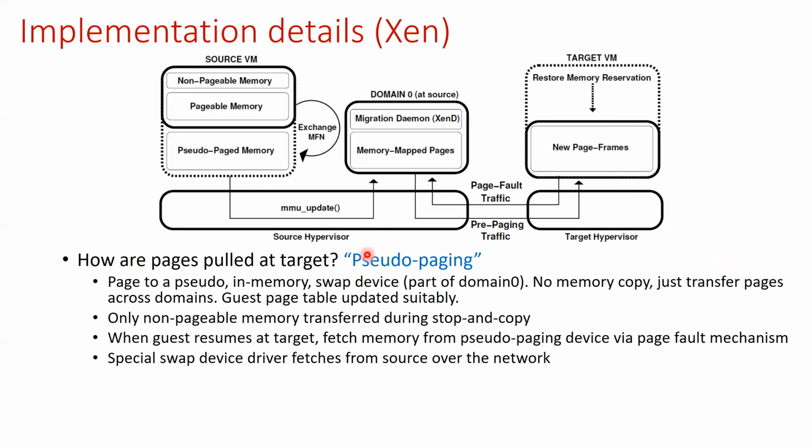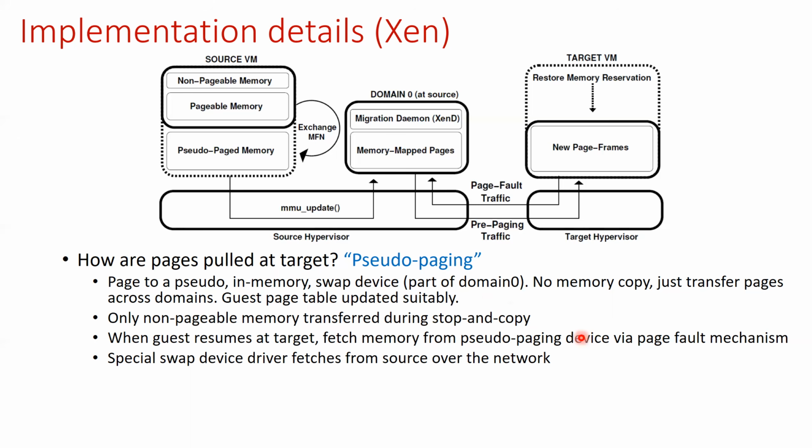So it will go to domain 0 of the source and get the pages as and when page faults happen. So you're utilizing the regular page fault mechanism of the guest operating system to identify which pages are not present at the guest